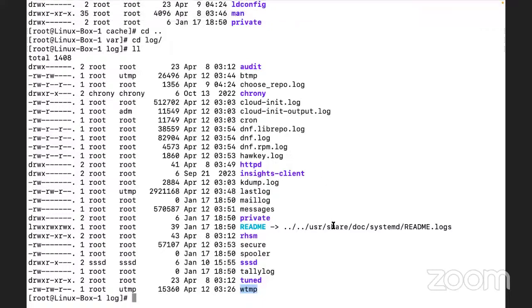So are we clear with the Linux file system directory structure? Yes. Any questions so far? Sir, these are the directories which are available in every operating system, sir. Yes, so these are default directories. Rest can be customized. Okay, sir. Depending on our use case, it will vary, sir. Yes. Okay, sir.